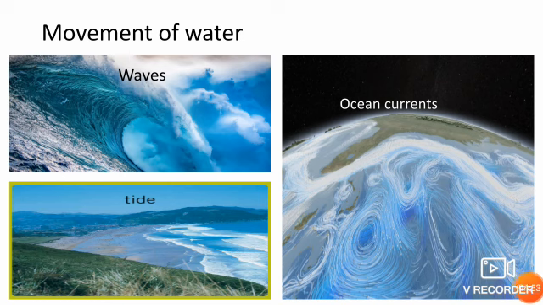Now, tell me, how many of you have seen the beach? Have you ever seen the waves in the sea or in the river? The water of the oceans or seas never stands still. The movement takes place all the time. There are different kinds of movements in them. Ocean water has three kinds of movements. They are waves, currents, and tides.